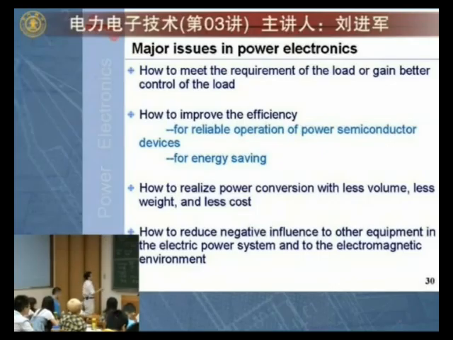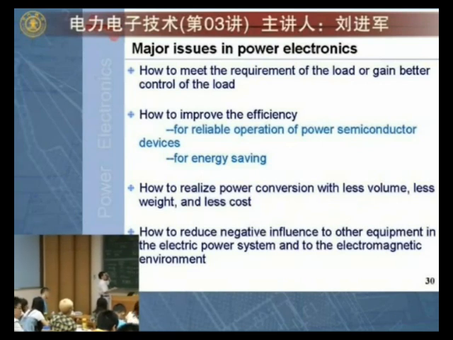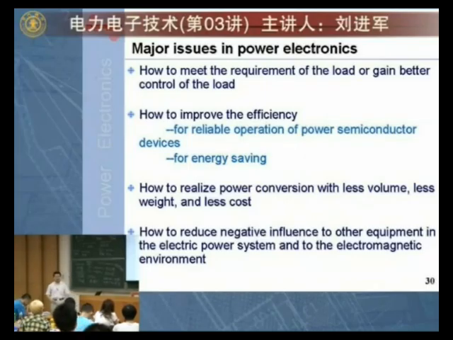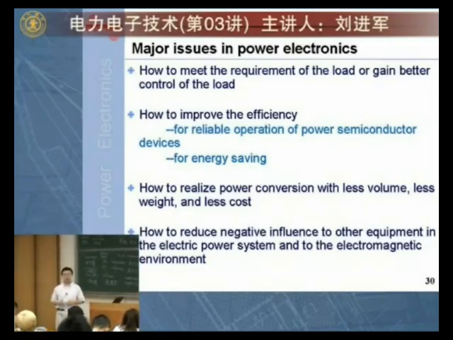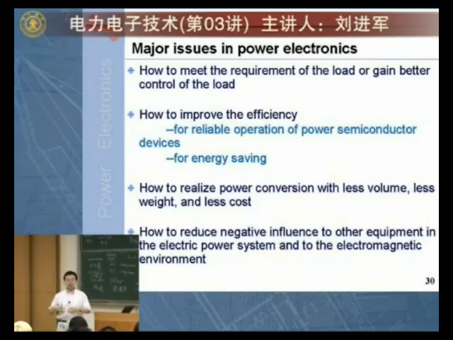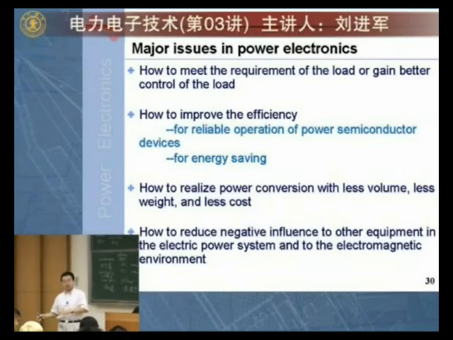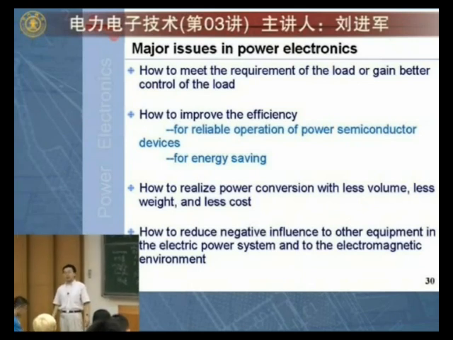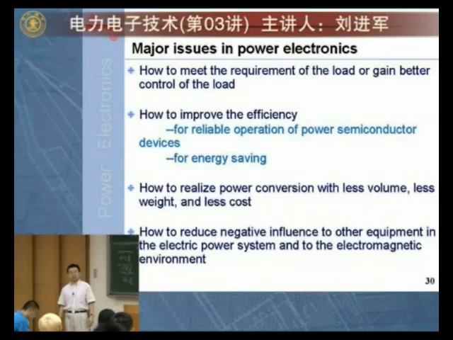And it should cost less, as cheap as possible, okay? And then the last issue, how to reduce the negative influence to other equipment in the electric power system and to the electromagnetic environment. Sometimes we can realize all the first three requirements. We can design a very good power converter that meets all the first three requirements, but the last one sometimes is not so good. We realize the first three, but we are doing bad things to the environment. That's also not good. So these are the issues we have to consider when we discuss power electronics. These are the major issues